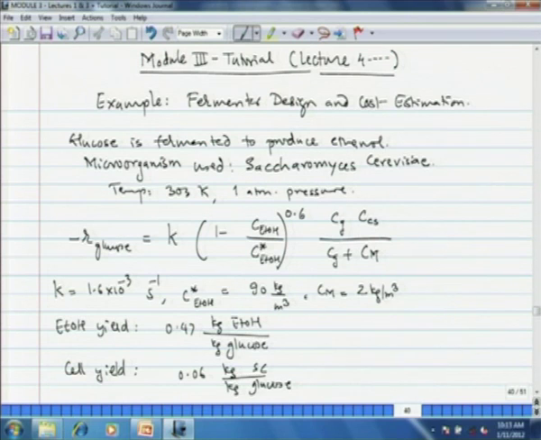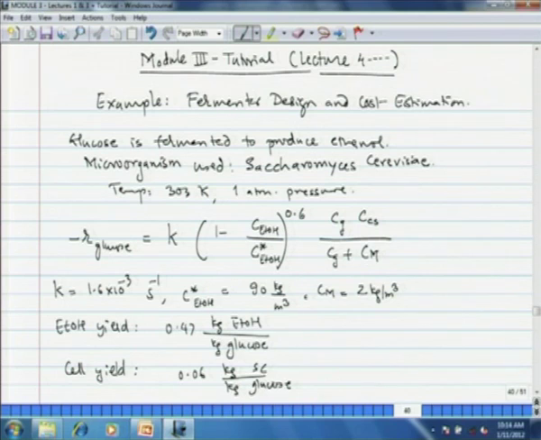For your convenience, now I repeat the problem statement briefly. We have been given the reactor of fermentation, glucose fermentation to produce ethanol. The microorganism used is Saccharomyces cerevisiae. The temperature of the fermenter is 303 Kelvin at atmospheric pressure. The rate of glucose consumption has been given as K into 1 minus C ethanol by C star ethanol raised